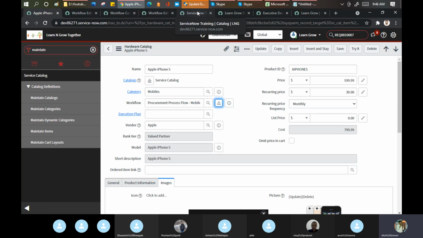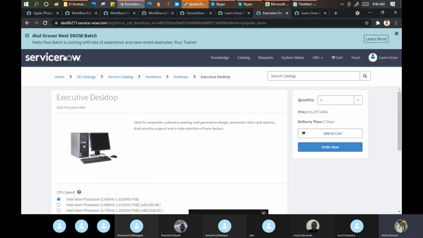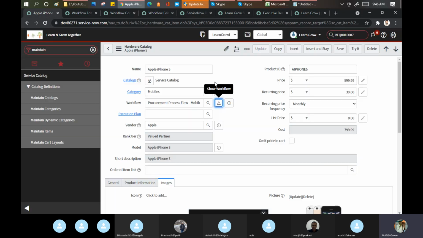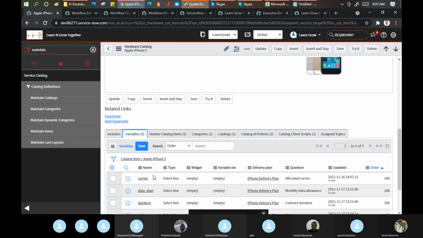Now, request management is easy to understand, but I want you to do some practical scenarios. Go create one, two, three, four, five request items. Search for the item, open the workflow, and understand how it has been defined. Read about these things. If you scroll down, there are variables, catalog variables, categories. Read about them. What exactly are variables? We will discuss these in detail, but the more you explore, the more you will get.